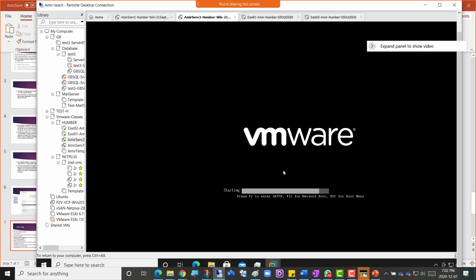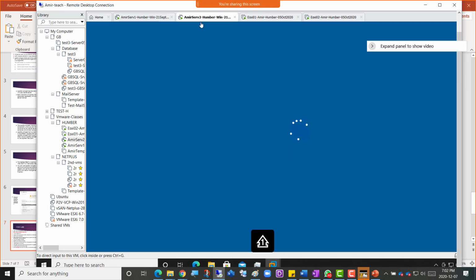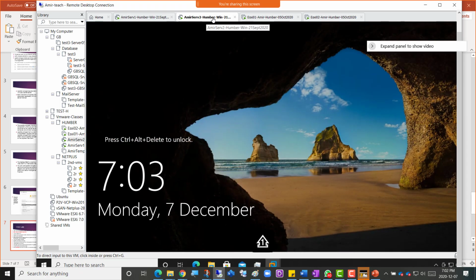Cool. What should the IP address be? The IP address would be 192.168.200.2, which is the IP address of this machine where we are installing. Then I use port 80. If you have used some other IP address on this particular machine where you're installing VUM, then you need to put the IP address of the vCenter. Whatever is the IP address of the vCenter machine, you need to put that IP address.